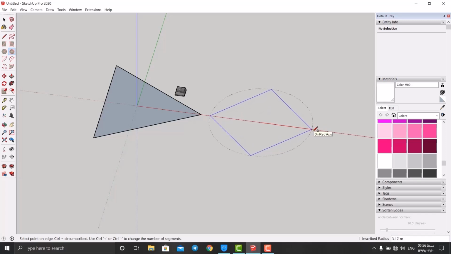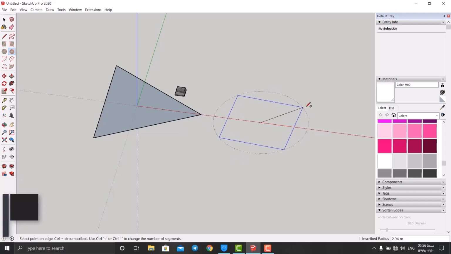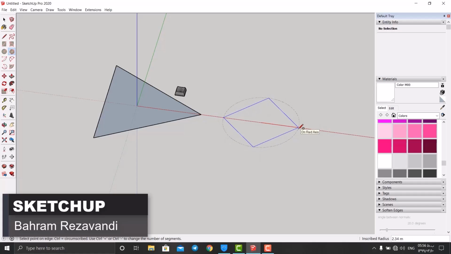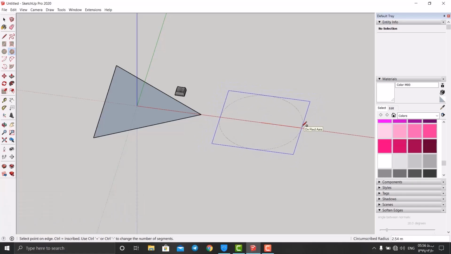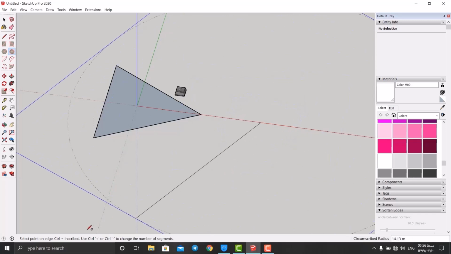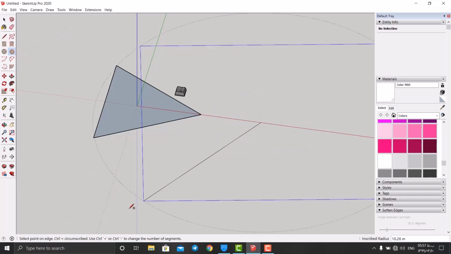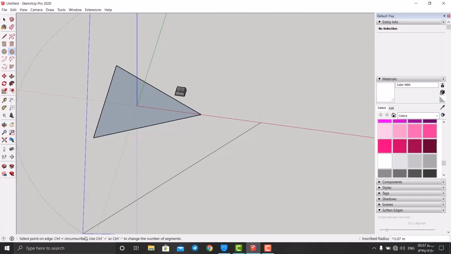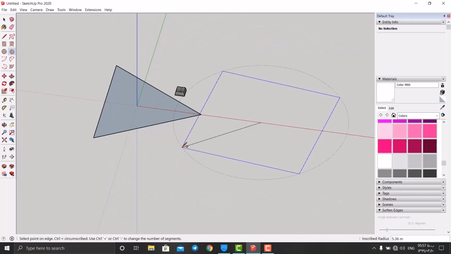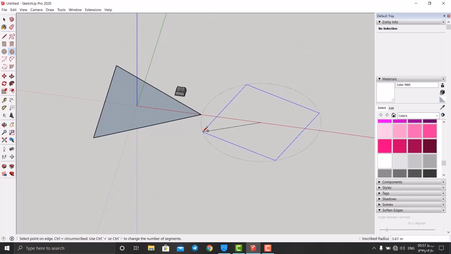Now, sometimes we want to set our shape as an inscribed one, and some other times, let's say we want to create a peripheral shape. In these 2 cases, we can actually use this circle, guys. You know what? Let me show you what I mean. If I press Control on the keyboard, actually, take a look at this. Down here in the hints, it says that our shape is being converted into an inscribed one. And then if I press Control one more time, it would become circumscribed. So as you can see, guys, I can easily change in between these 2 modes,